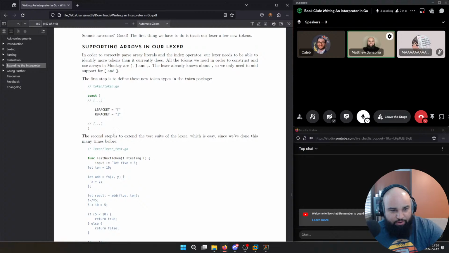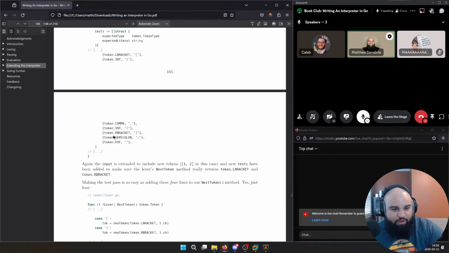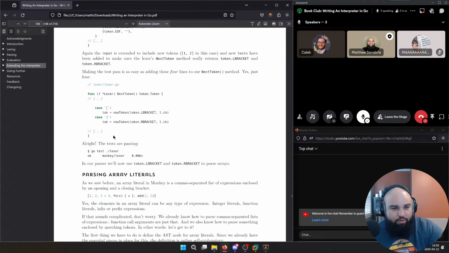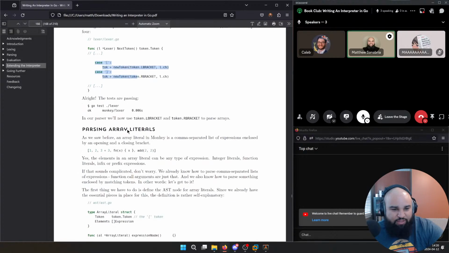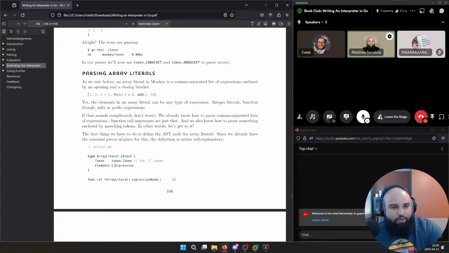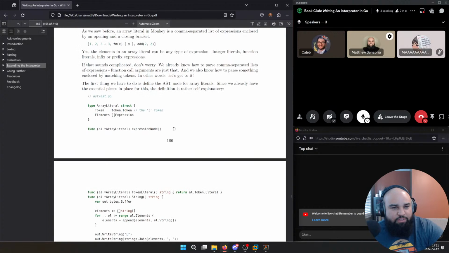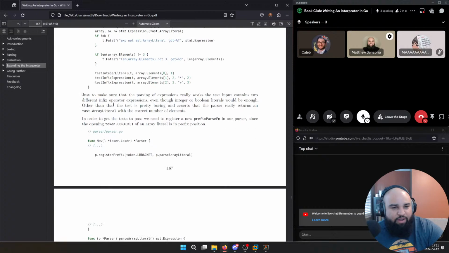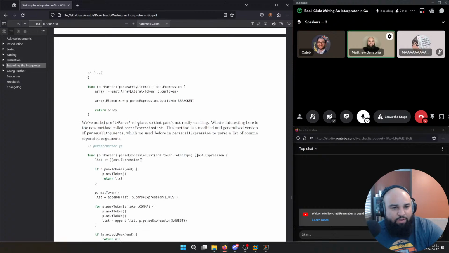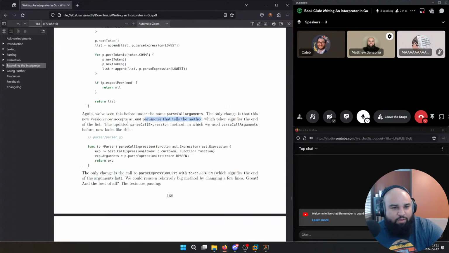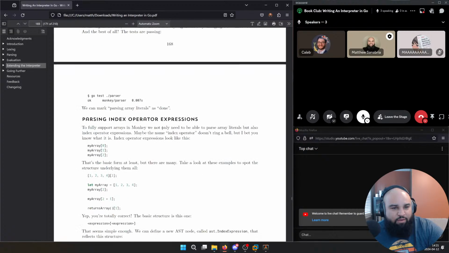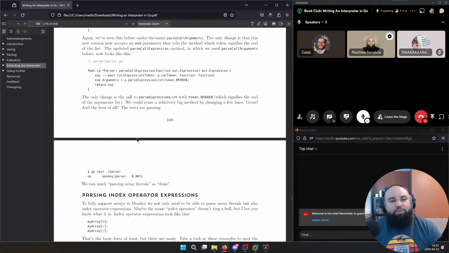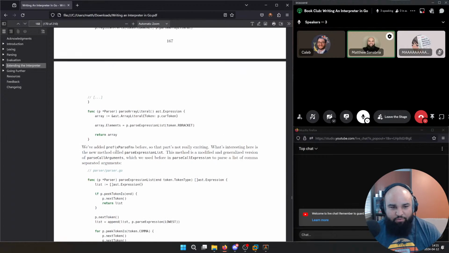What I thought was interesting here was this, and I'm trying to find it real quick. Not this. We add the tokens, that's fine. We know how to parse tokens. But I thought, let's see. There's a place where he makes it use an infix operator, and he calls it out in here, and I'm just trying to find it real quick. Yeah, I don't know if I can find it real quick. Yeah, right here. Okay, so I'll cover the array first, and then I'll cover the part that I thought was